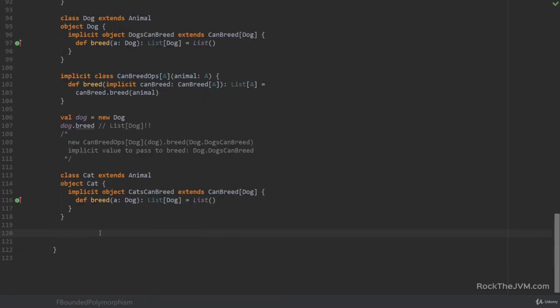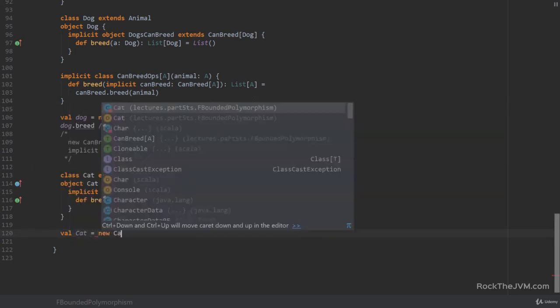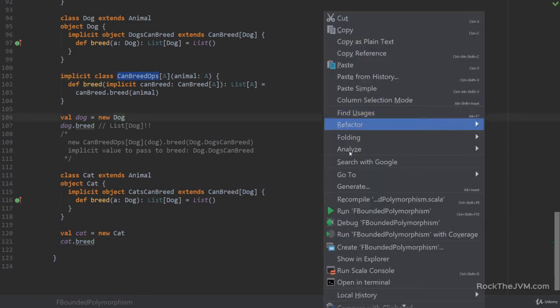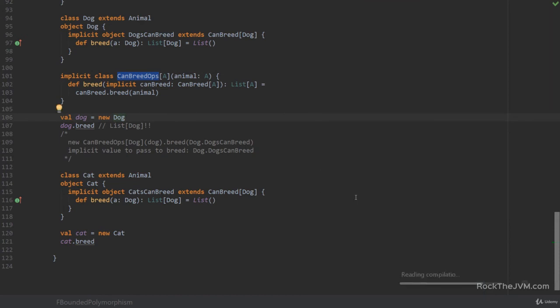Notice that this is perfectly compilable code, but that's until I say, for example, val cat = new Cat, and then I try to say cat.breed. The compiler signals the breed method that it's implicit, that is, it belongs to this CanBreedOps class, but if I try to compile this code, notice what's happening.